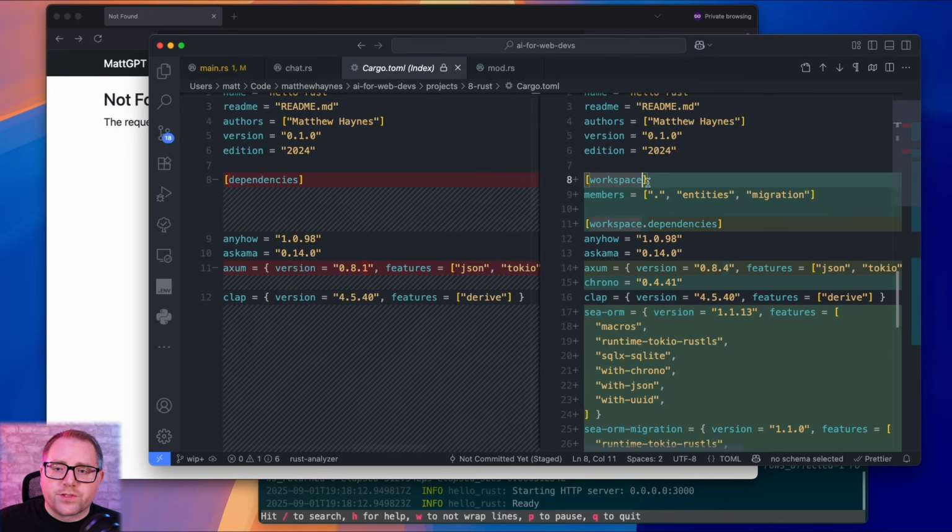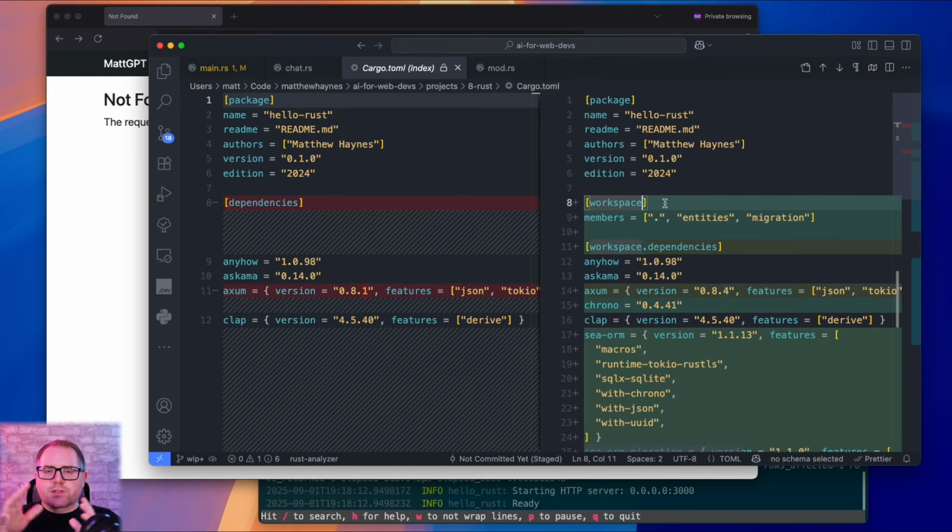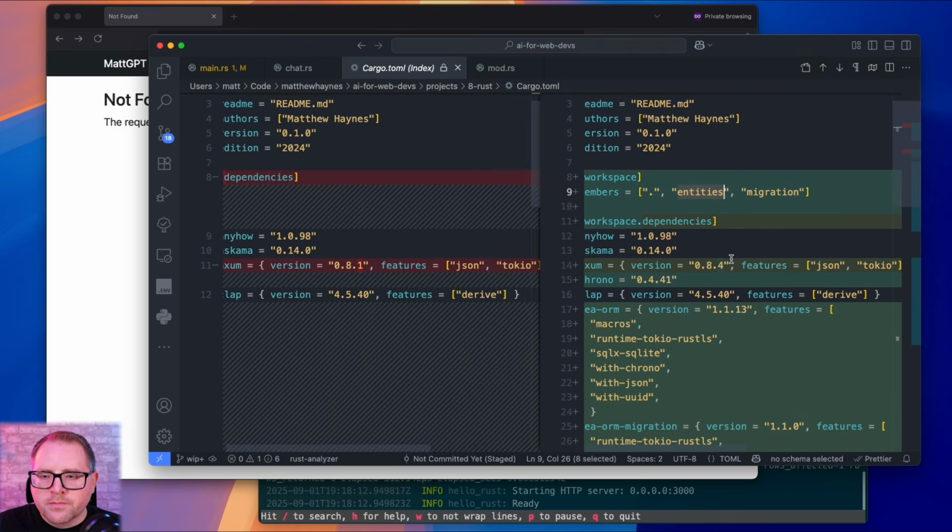Cargo structure. So we've created a workspace. This is going to be our top level workspace. We're going to have our own main crate, and then we're also going to have a migration crate and an entities crate. Migration is where we're going to scaffold or set up our actual SQLite database. And then entities is where we're going to have our models and our business logic, that kind of stuff.